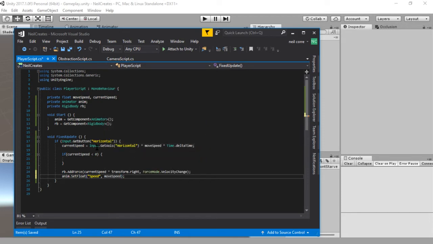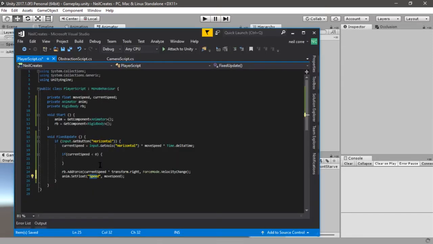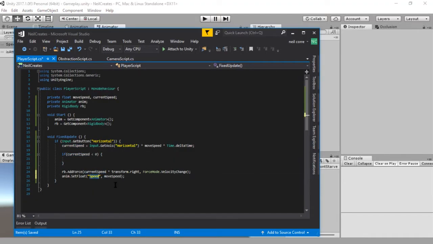There you go. So that will actually be this right here. This line means that we're going to set the value of a certain float named speed in our animator. In our case, it's this parameter here, and then what value are we going to change it to? We're going to change it to the same value as our move speed variable here. So again, let's just copy everything here